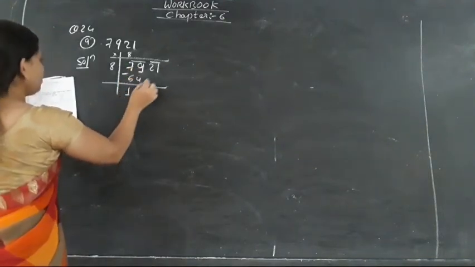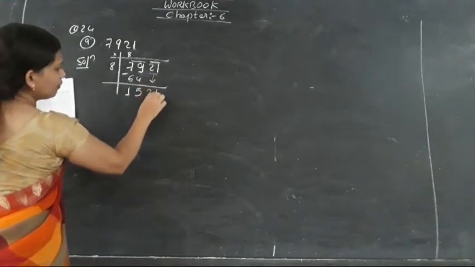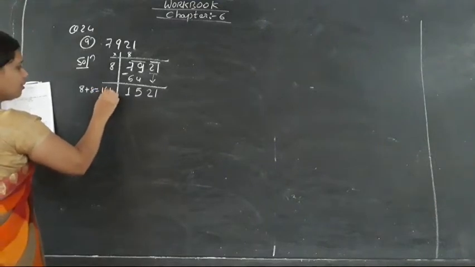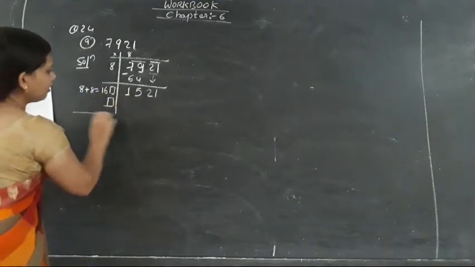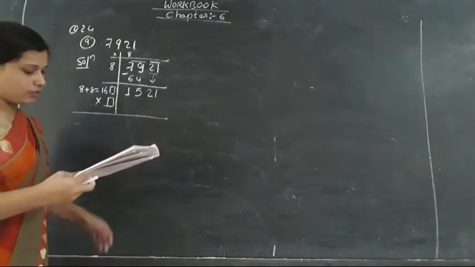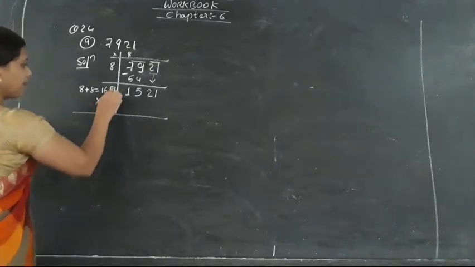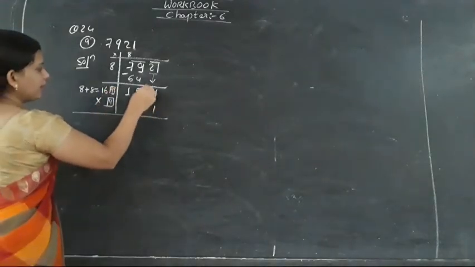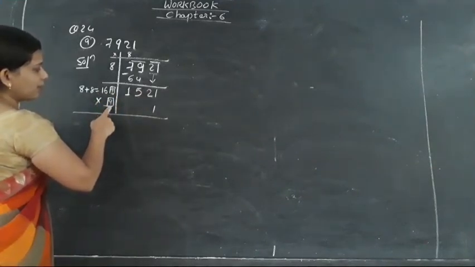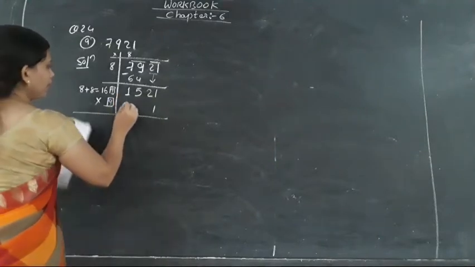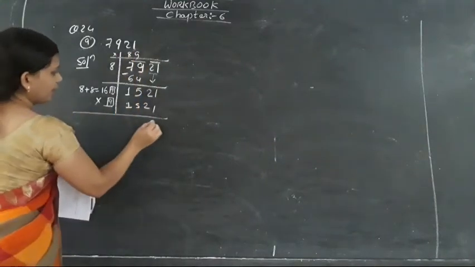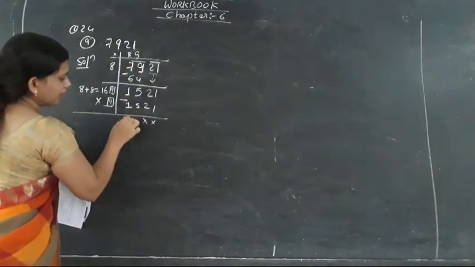Now these two numbers together come down at the next step. So 8 plus 8 is equal to 16. Now 16 will be multiplied by which number in order to bring 1521? That number will be 9. 9 9s are 81, 8 carry, 9 here it will be 54, then 54 plus 8 is 62, and the number becomes 1521, as it is coming as 9. So when you subtract the number like this, the answer will come.